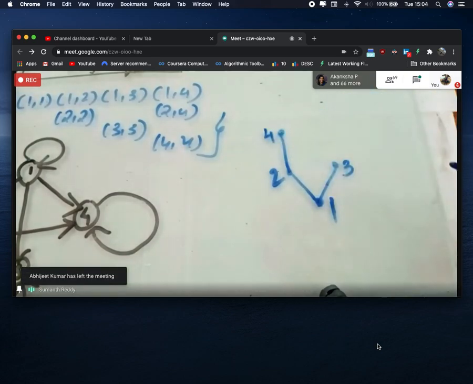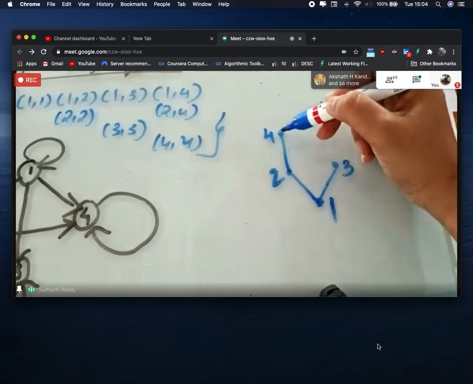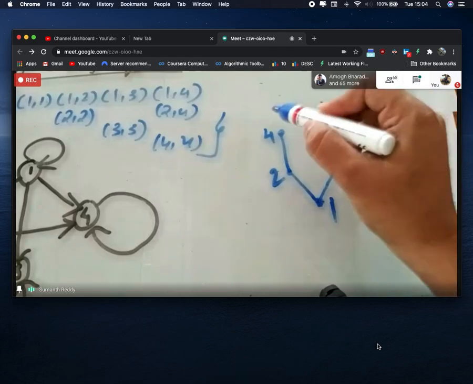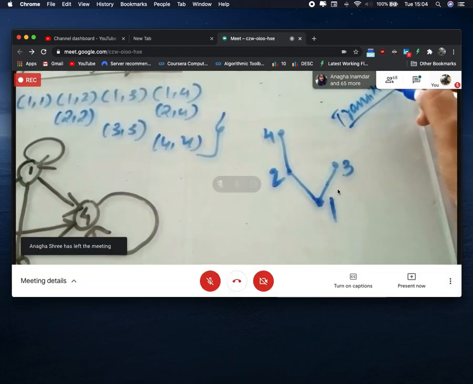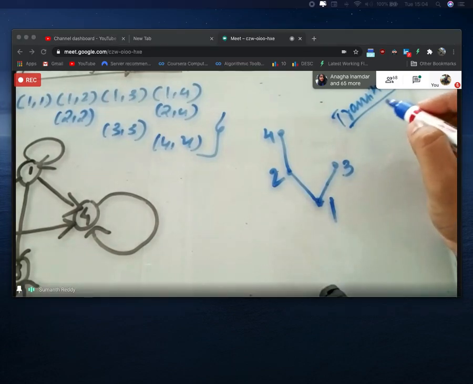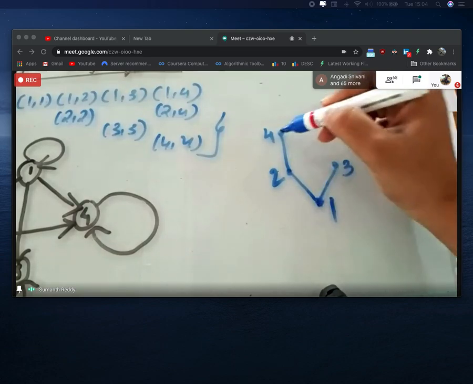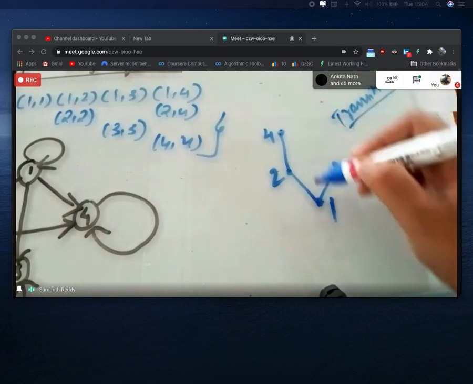What is the use of that? The use is very simple. 1 is related to 2 and 2 is related to 4, therefore 1 is related to 4. Why? Because this partial order is transitive. Partial order means it will be reflexive, antisymmetric, and transitive. And the second rule that I told you is no need to explicitly represent the transitive relation. Since 1 is related to 2 and 2 is related to 4, 1 comma 4 is related, it is understood. No need to explicitly write any arrow.